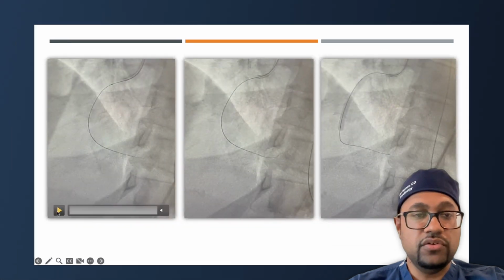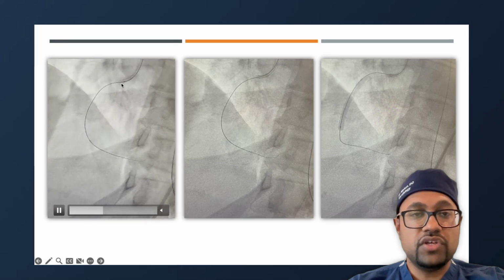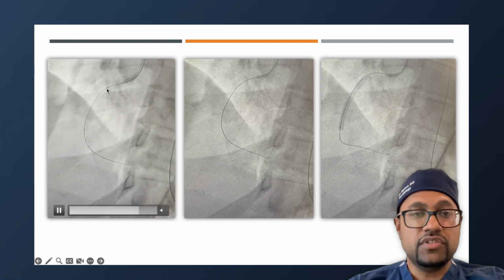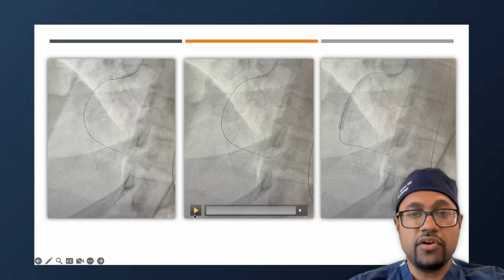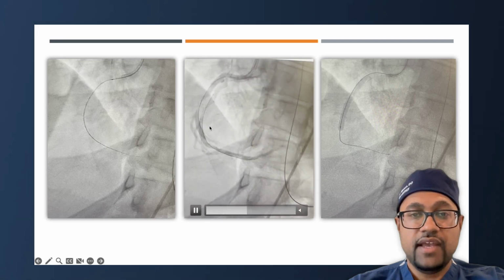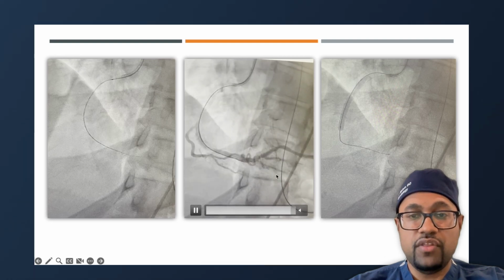So next, we decided to take a small balloon, and we also took a special catheter called an export catheter, which is a thrombectomy catheter, to suck out that blood clot that was seen in the beginning part of the right coronary artery. And this is after we did aspiration thrombectomy on that. And you can see here significant improvement of the flow to the vessel.